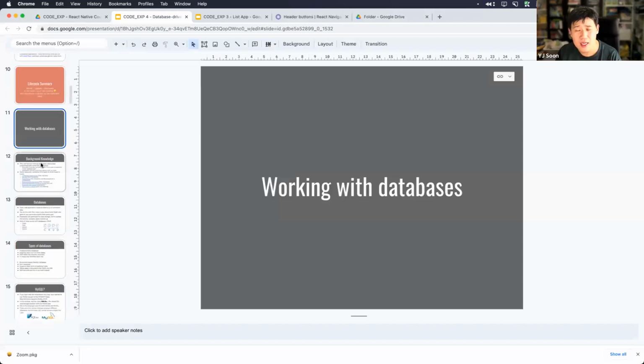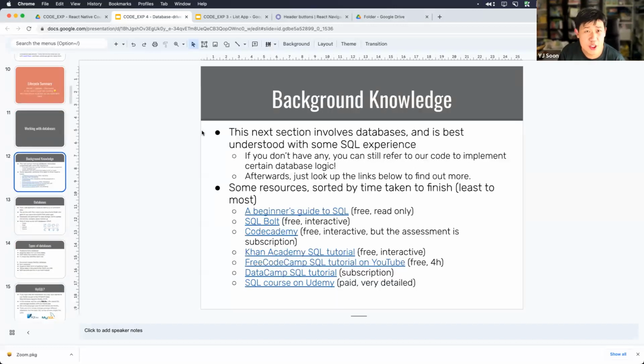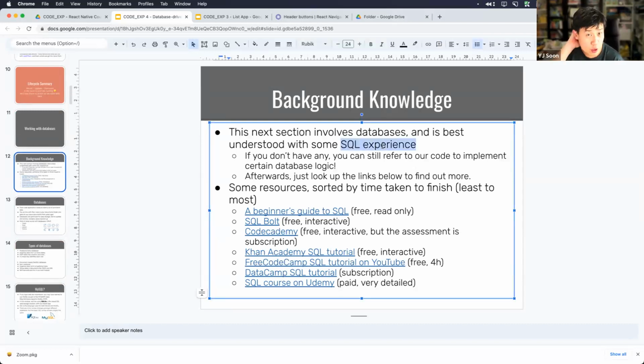All right, so this next section involves databases. So some of you might come in here without the experience to work with databases. Okay, so there are people out there who study databases for a living. Okay, so my university advisor back in the day, database prof, right? So I think she's like a CS chair now or something. But anyway, she was a database prof. She really liked databases and more databases. There's a whole science to it. Okay, but for most of us, databases are just places where you put data, right? Then you retrieve data. Okay, an Excel file is kind of like a very primitive database.